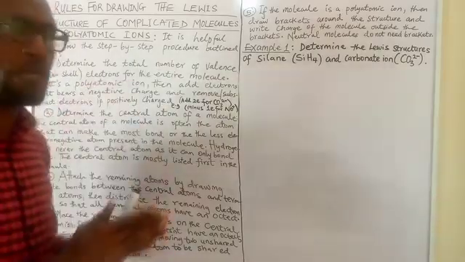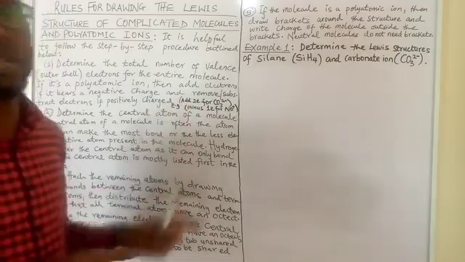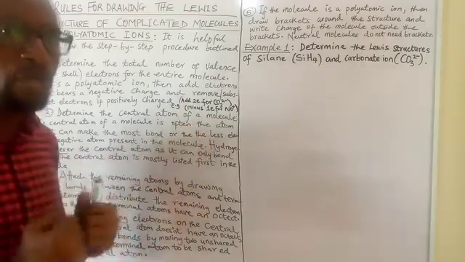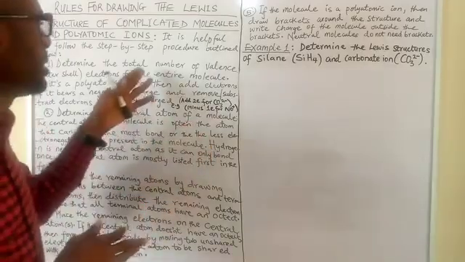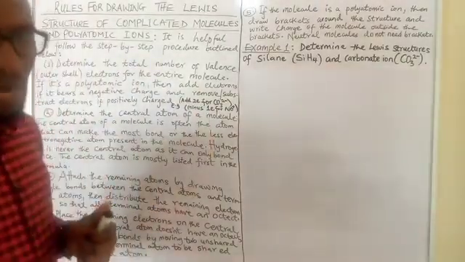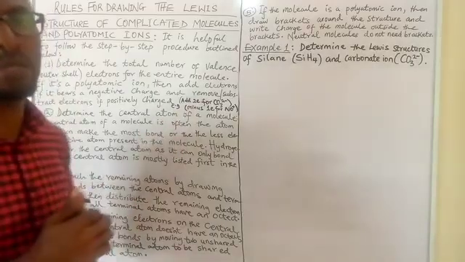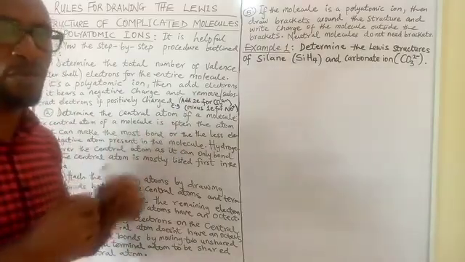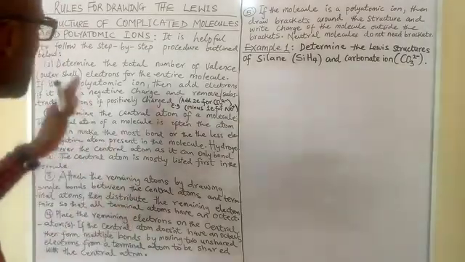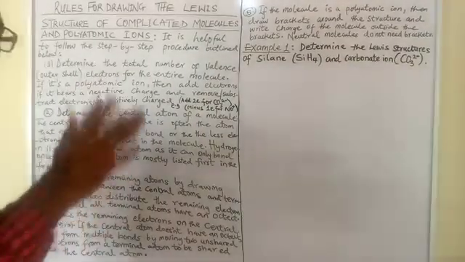If it is the opposite, like in the case of carbonate, where you have CO3 2-, the 2- simply means that this particular polyatomic ion gained 2 extra electrons. So to determine the total number of valence electrons in such a polyatomic ion, you add 2 electrons to it, since it gained 2 electrons to become negatively charged. Very important. So after you've determined the total number of valence electrons for the entire molecule or the polyatomic ion, as the case may be,